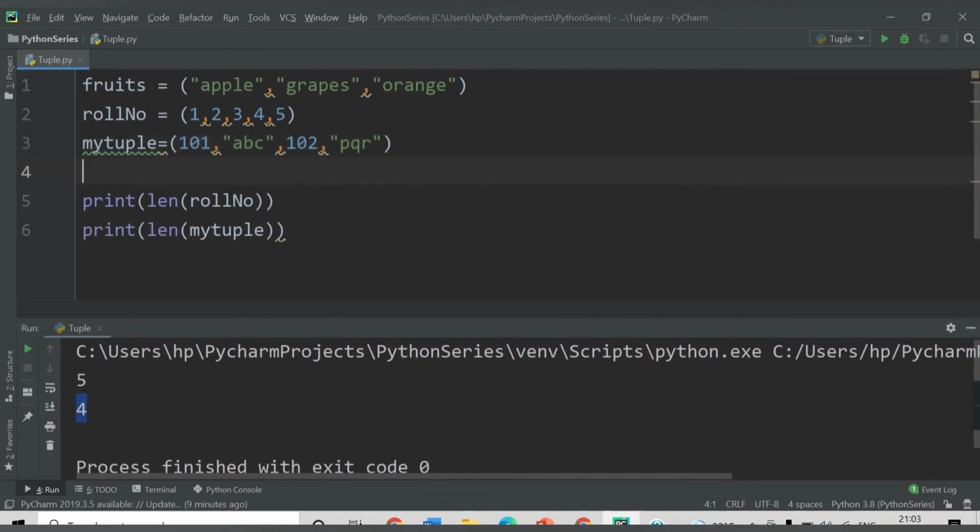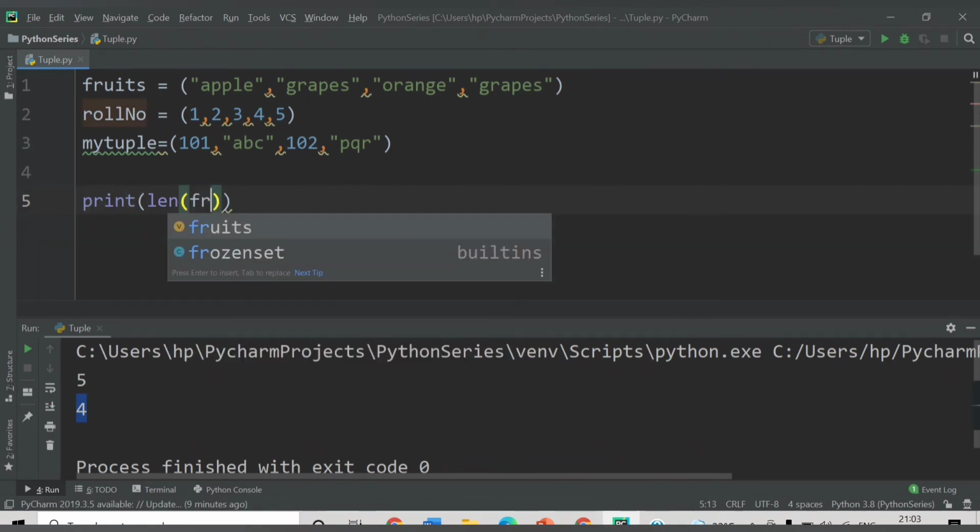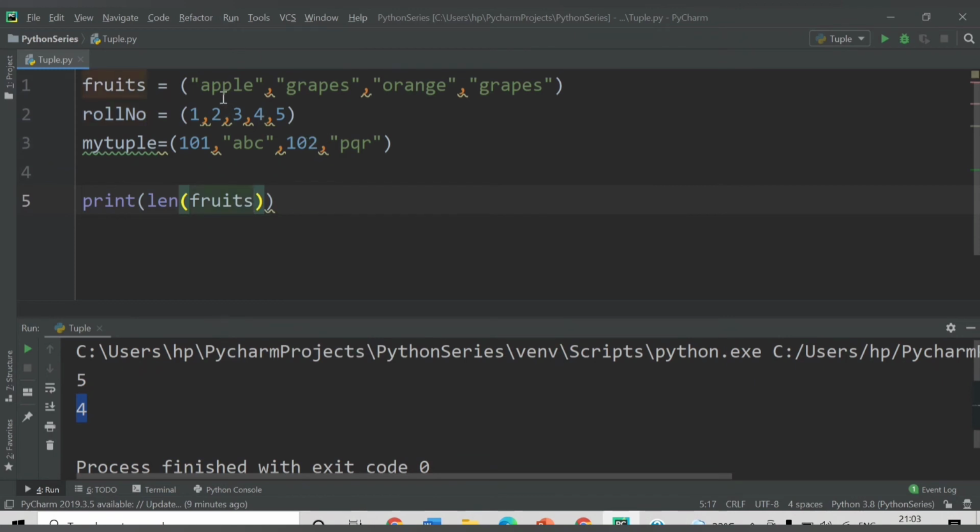Also, a tuple allows duplicate values. Let's provide another duplicate value. It already contains grapes, so I will provide the grapes value again. If I try to check the length of fruits now, it contains 4 values, so it should give me 4.